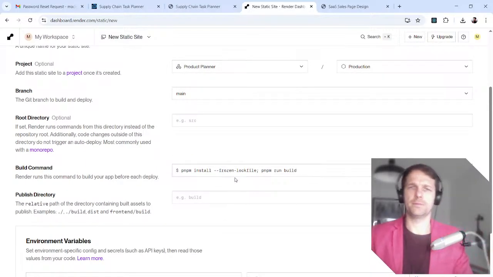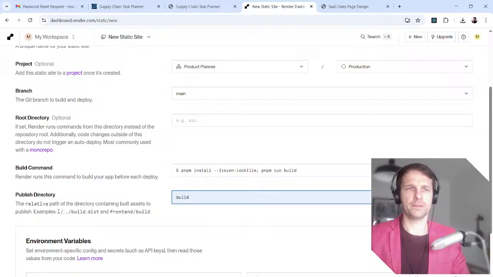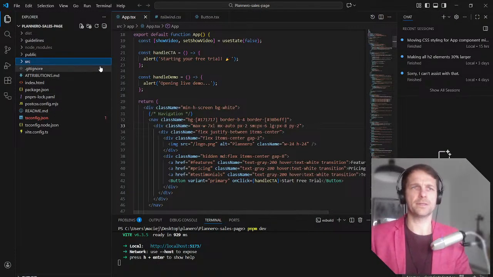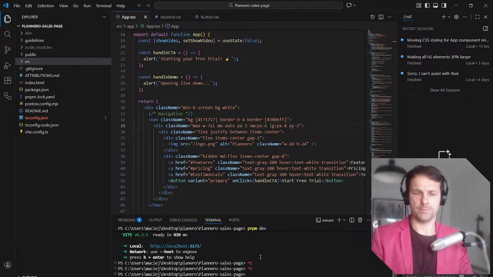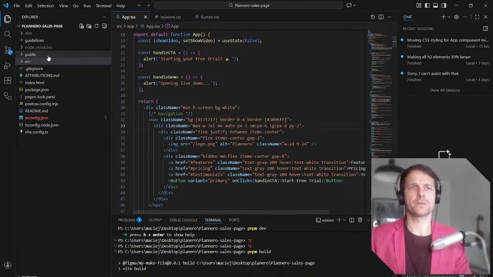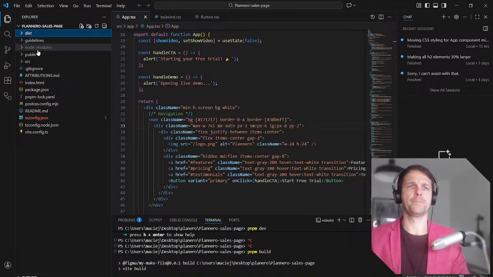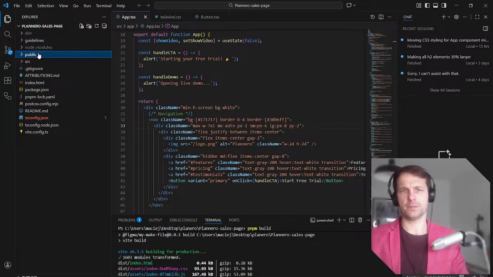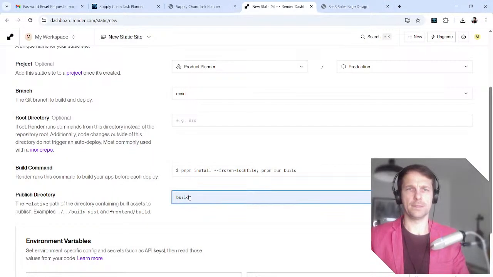pnpm install frozen blah blah blah. Yes. Build. I think this is it. Let's see where it's building my product. pnpm build. Yes. What does it create? Dist folder or public folder? Which one is it? Dist. Okay. So now we know that it's going to be sent to dist.